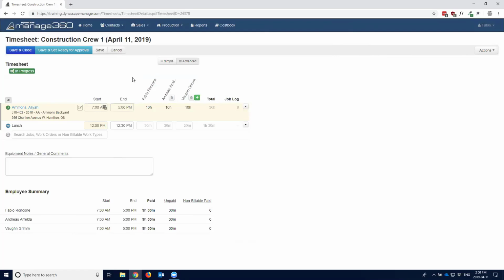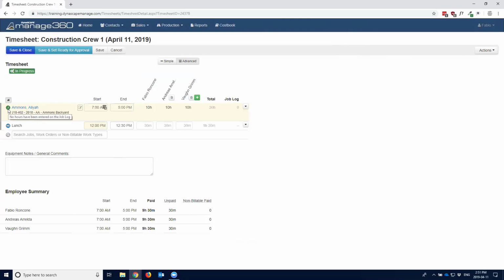I'm going to talk about a few things here now. So on the timesheet, this is a construction. Again, timesheets themselves, you can have both construction and maintenance on the same timesheet. I just want to talk about some of the construction type things on here. Then we will also open a maintenance timesheet and look at it. It's very, very similar. There's a few differences. So number one, in the items on the timesheet,